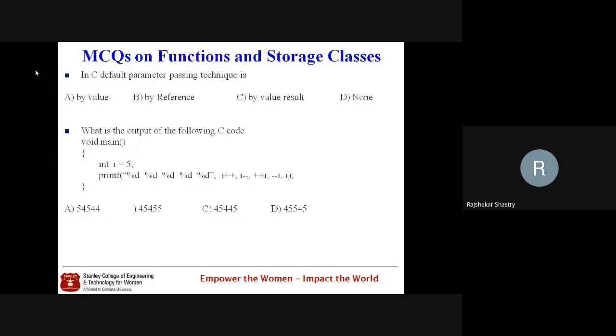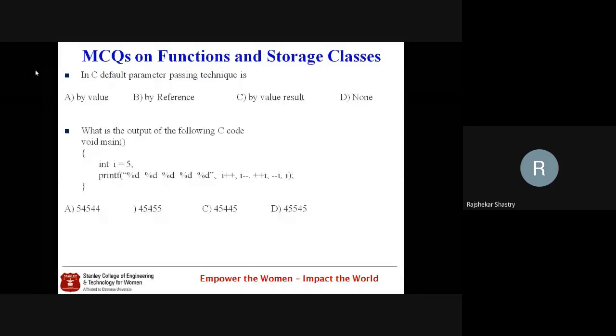First I is pushed at the right side. I is 5, so 5 is pushed. Then on top of that, minus I is going to be pushed, from right to left. Minus I means I will be decremented first, which is 4. So 4 will be pushed. So at the bottom 5 is there, upon which we have 4. Then I is now 4, remember.